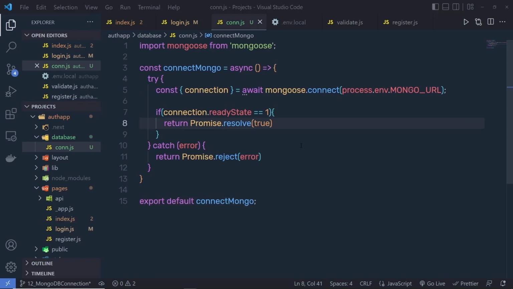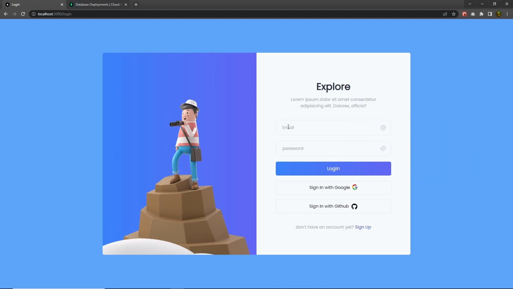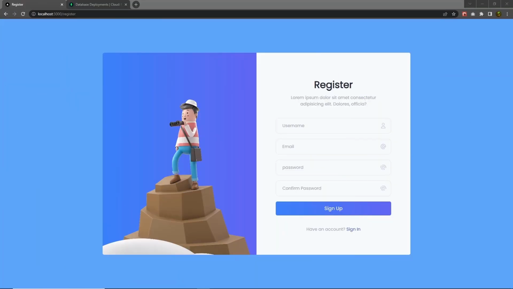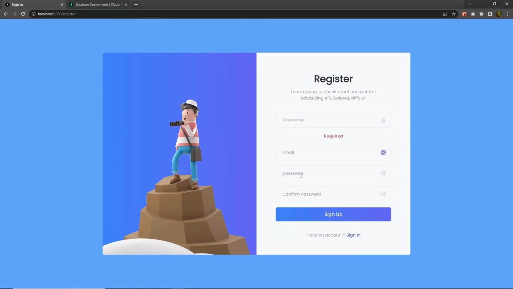Once you have the successful connection, you can create a schema for the user. So the user can specify their username, email, and password. So just click on the sign up, and for this registration, we are going to create a new schema and create a new endpoint for the registration. Now, once we create the successful MongoDB connection, let's create the MongoDB schema